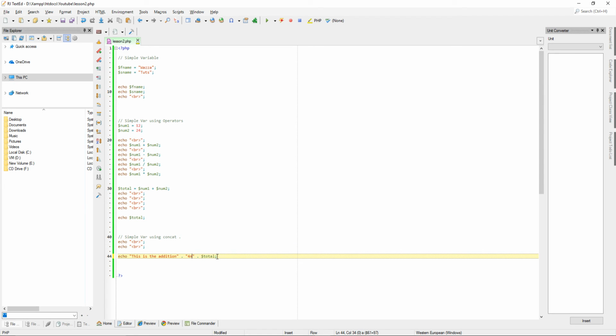In here we go, $num1, concatenate, plus. So we're just putting the values in so you can see what's happening. Oh wait, I forgot to put the dollar. Sorry. So $num1, and then concatenate that together, and then we're going to say,